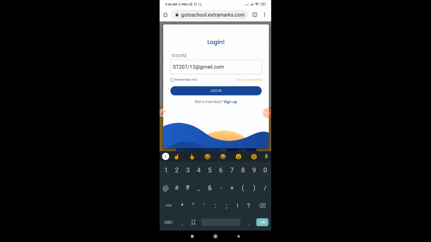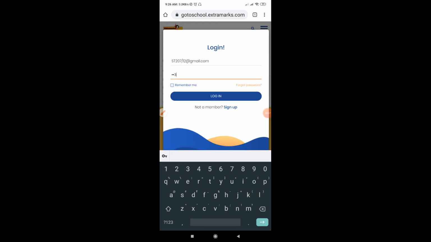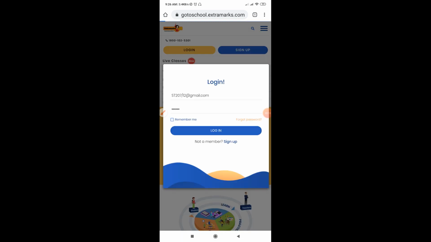Then you write @ then gmail.com. Remember, ST will be in capital and gmail.com will be in small letters. Then password you type 1 2 3 4 5 6 and click on login. Be careful, never change your password.